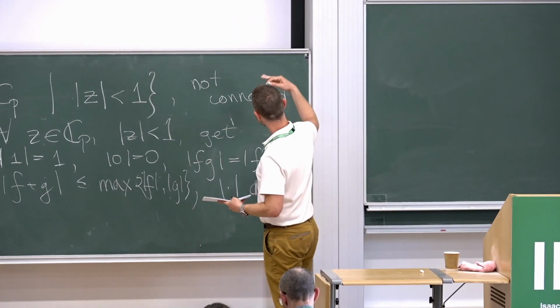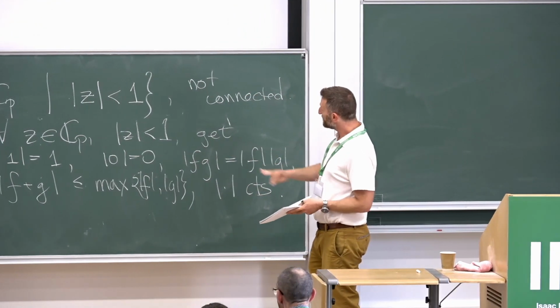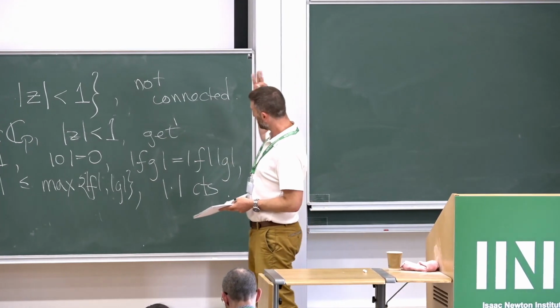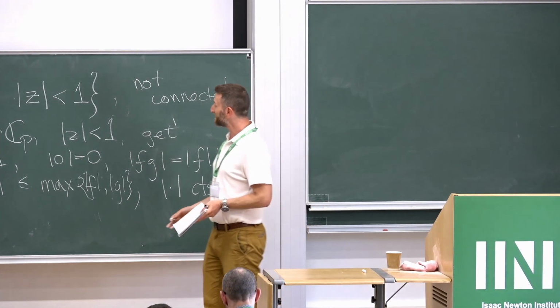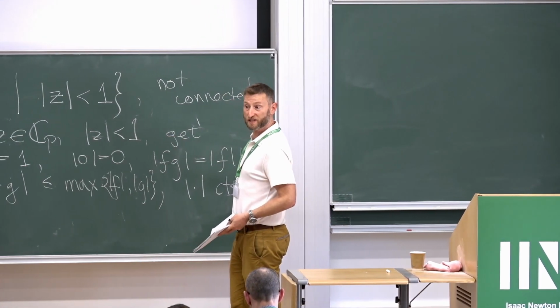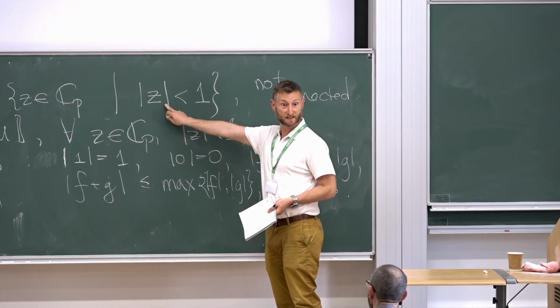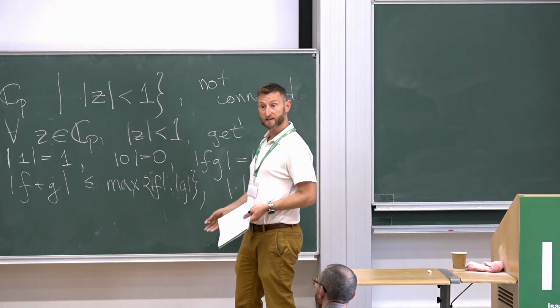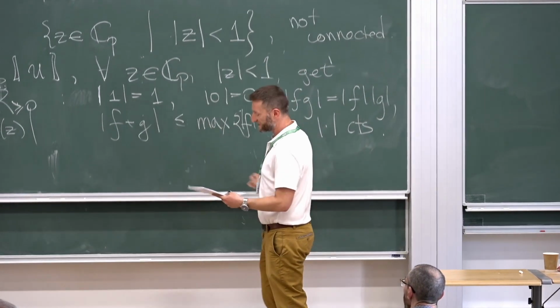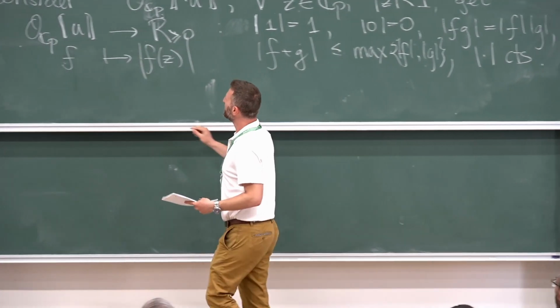So the form of non-Archimedean geometry proposed by Huber is to say, well, let's consider all such valuations, not just the ones that come from elements of this set. There are going to be others. So such a thing,